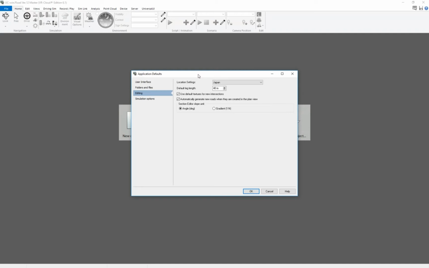The location settings actually store all the information about the specificities of a project, like which 3D models will be loaded by default, what the traffic rules are, if the vehicles are driving on the left or on the right side of the road, and some other default settings. Default settings that cannot be changed after you create a project, or some of them cannot be changed. So it's important to select the correct one before you create a new project.